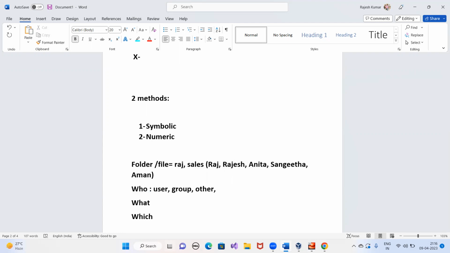Apart from this, there is all. Now what is all? Suppose you don't want to assign the permission to a specific user, a specific group or other. You want to mention that whatever users are available in my Linux, I have 100 users in my Linux machine, I don't care whether they are group members, whether they are root, whether they are normal local users.